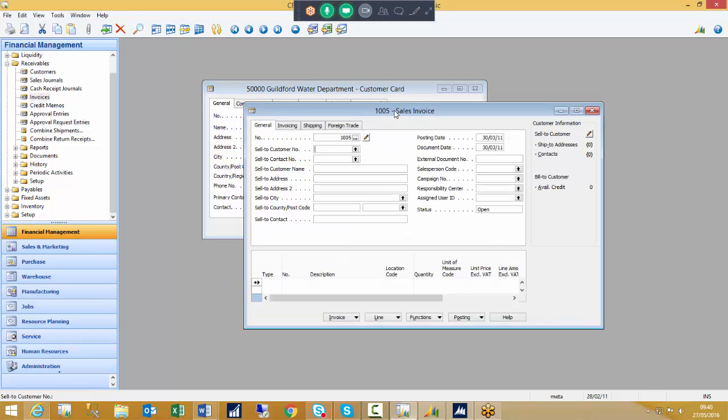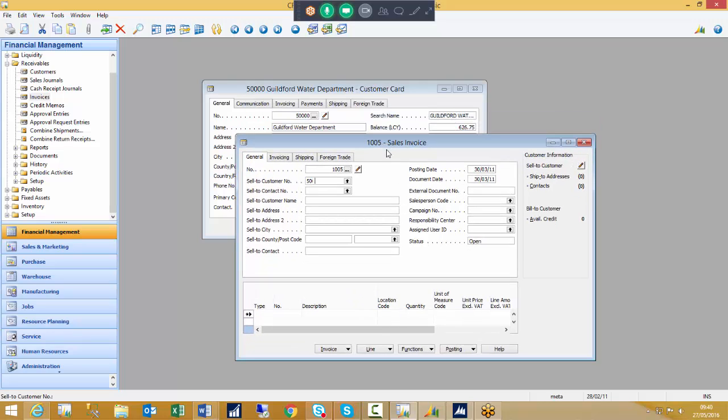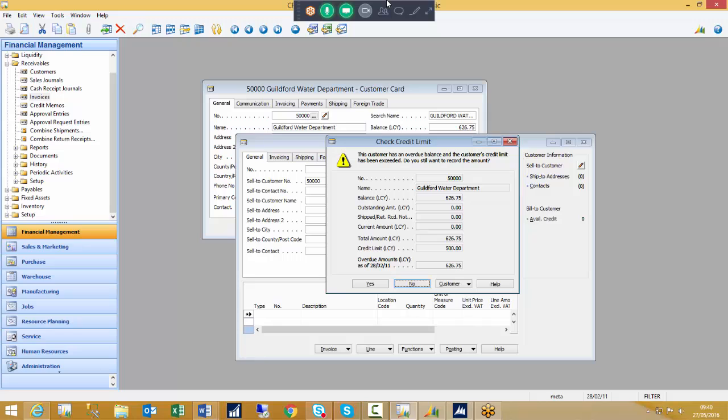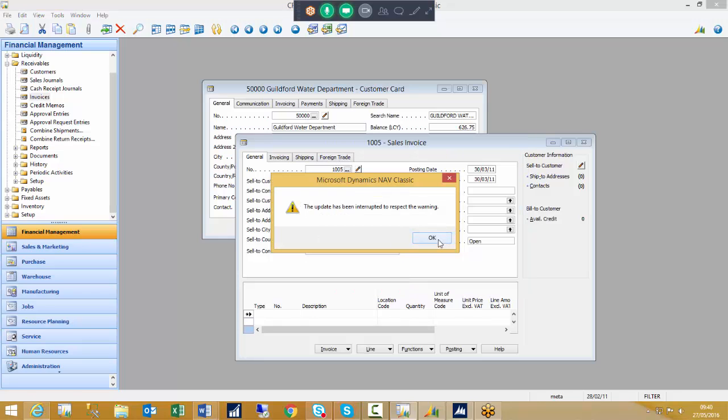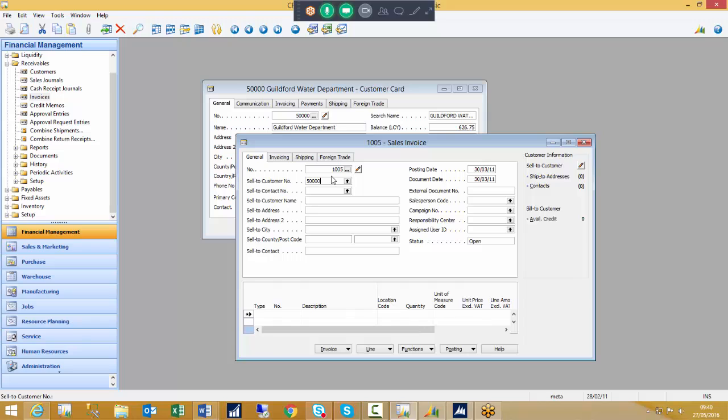So in here, I will just select my customer, and indeed you will see the customer has an overdue balance and the customer's credit limit has been exceeded. So both of those options are true in this particular case, and then the user, dependent on the processes within your organisation, will either cancel or go through and process the document. I'm just going to say no to that at the moment, because what I want to show you now